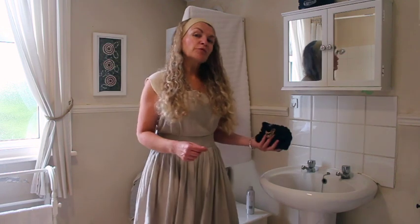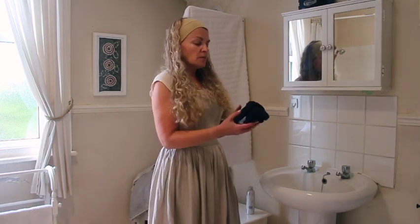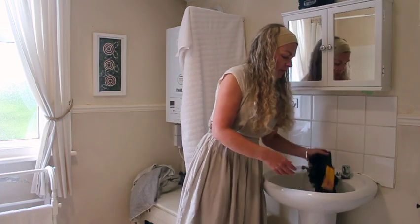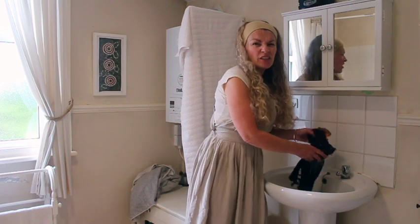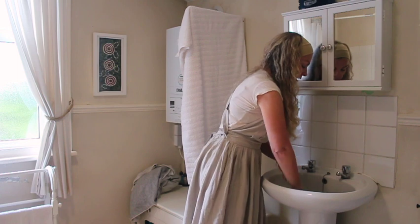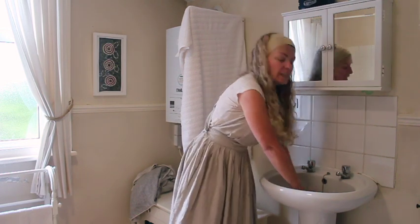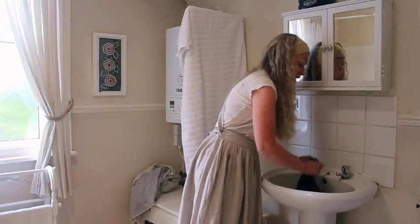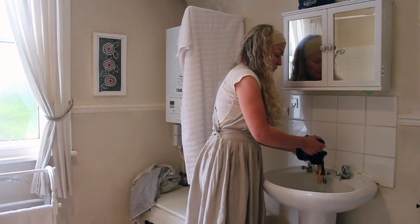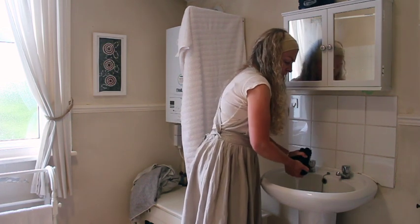So I've rinsed this through with a little bit of fabric conditioner. Now sometimes they say don't use fabric conditioner on these sorts of fabrics, but I like to use just a little bit now and again. You don't have to do it all the time, but I like to use it a little bit now and again just because it is really close to your skin, obviously. So I've given it a little bit of rinse in a little bit of fabric conditioner, and now I'm just giving that a good squeeze out